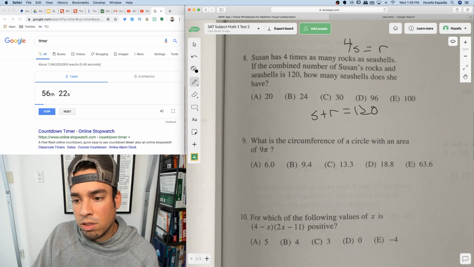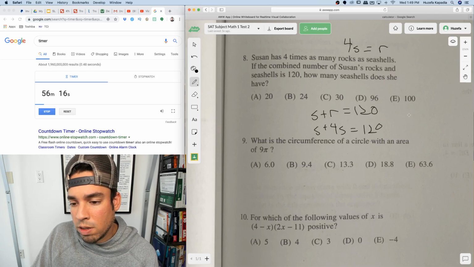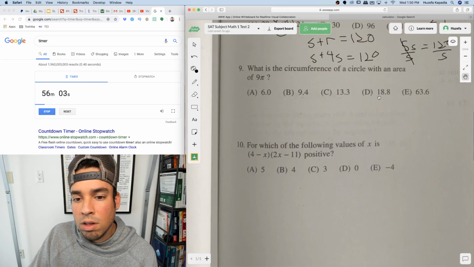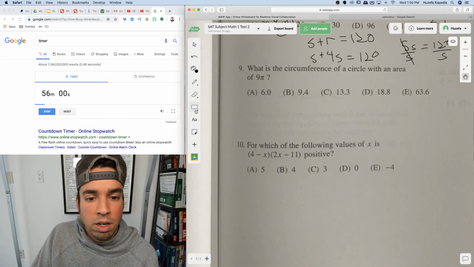let's plug in 4s for r and solve for s, right? Because I already said r equals 4s. So r plus 4s equals 120. 5s equals 120. Divide both sides by 5. It's like dividing by 10 and doubling, so it's 24. So she's got 24 seashells and 96 rocks. What is the circumference of a circle with an area of 9